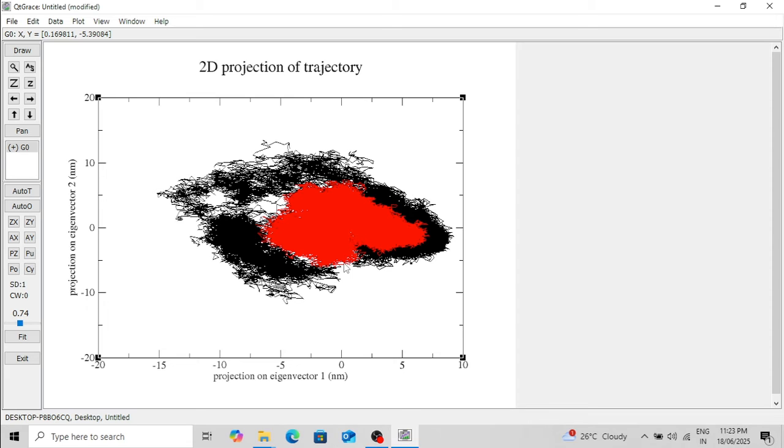And now what is conformational space? That means the number of conformations the protein can attain during simulation. If the conformational space is very large, that means more number of conformations the protein can attain during the simulation. Okay, and